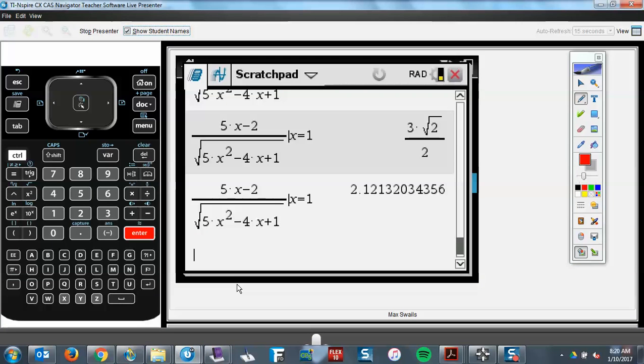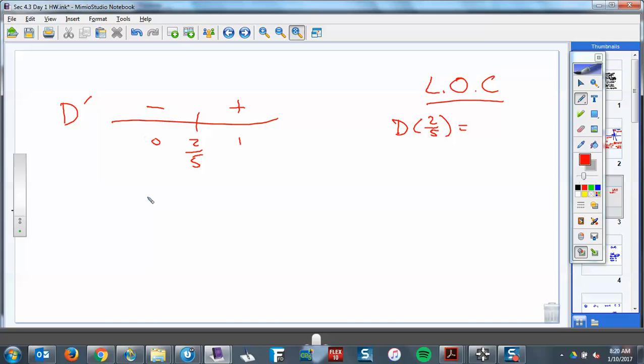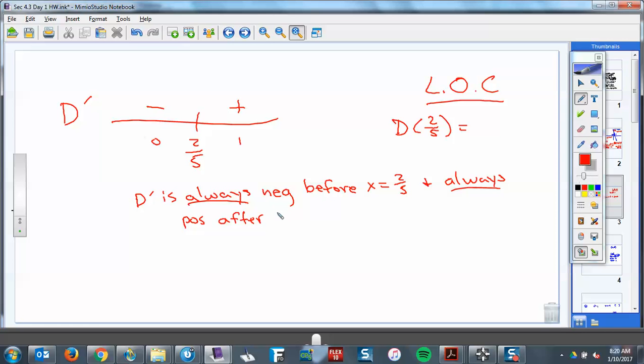And I think he's going to get a positive. So we got a negative and a positive, right? And so therefore, we've got this. And then we say, since d prime is always negative before x equals 2/5, and always, the emphasis on the word always, positive after 2/5, D is always, so this is just like we were doing with local maximum, remember that? D is always decreasing